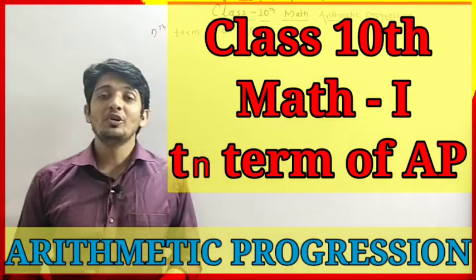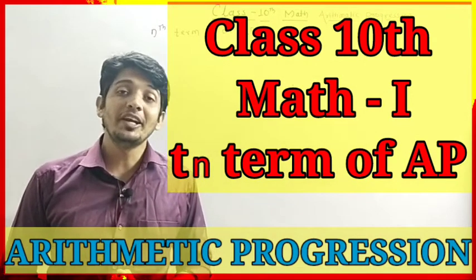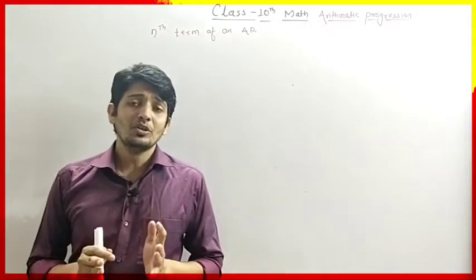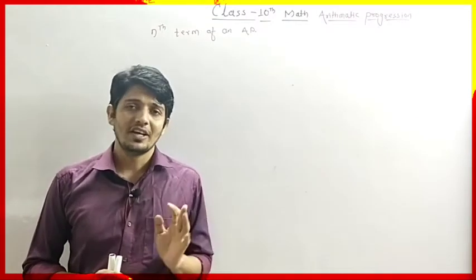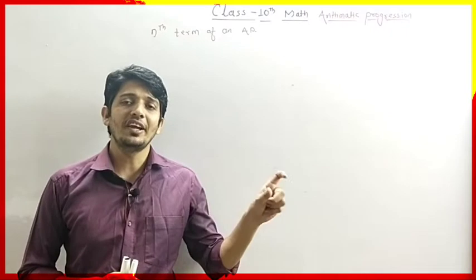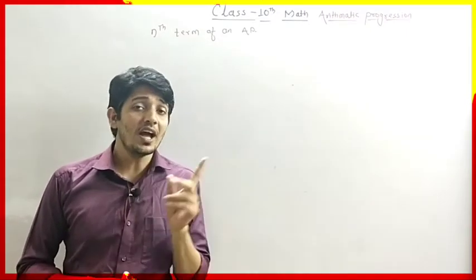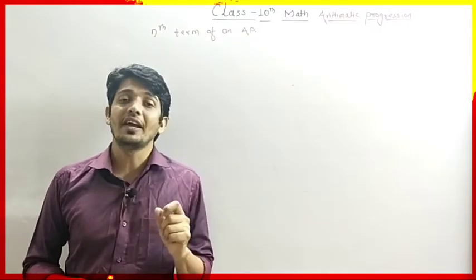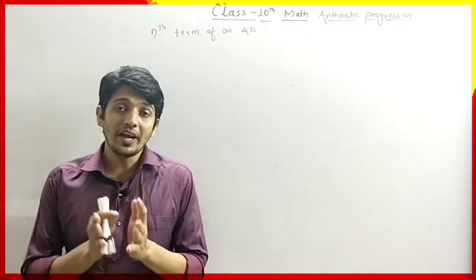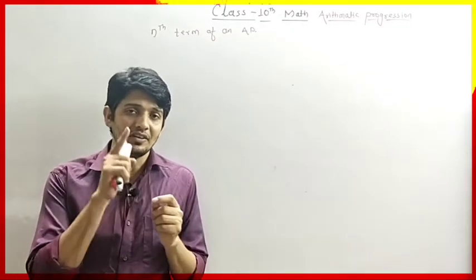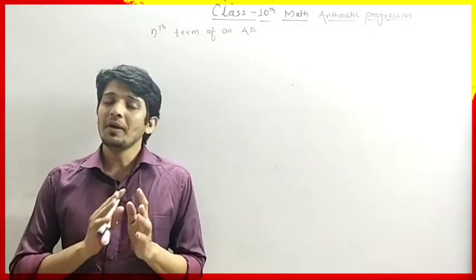So today we are going to understand a very important part of our chapter called arithmetic progression. Suppose you are given a sequence 1, 2, 3 up to 100, or 2, 4, 6, 8, 10 up to infinite. In this infinite sequence, if you want to find the 100th term, we have to add d every time: t1 plus d, a plus d, a plus 2d, a plus 3d, likewise. So we will not do that.